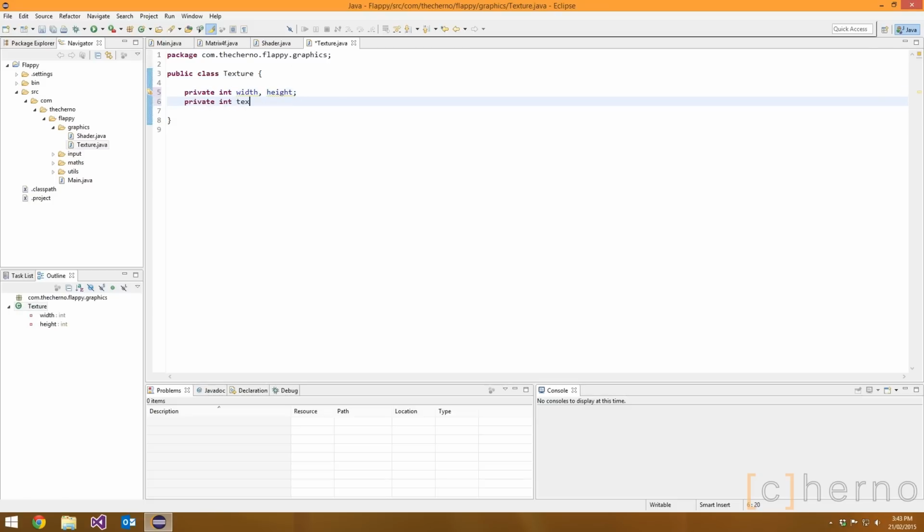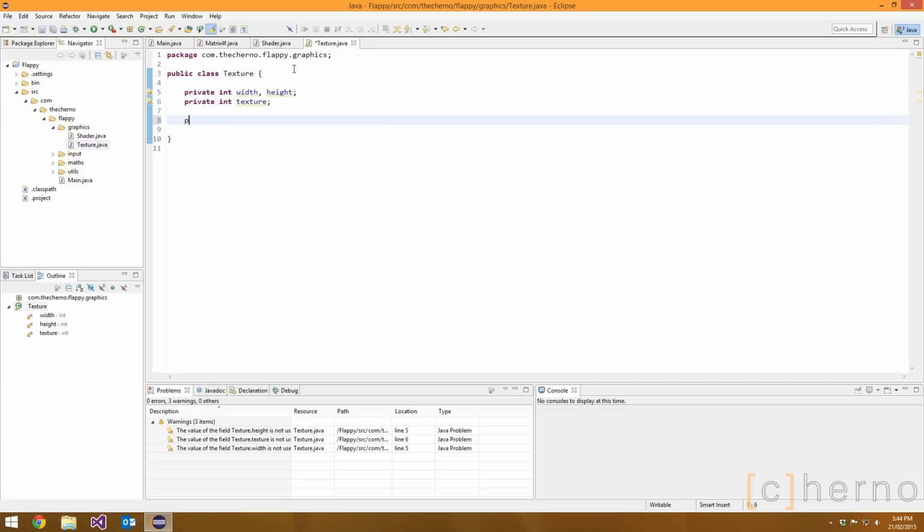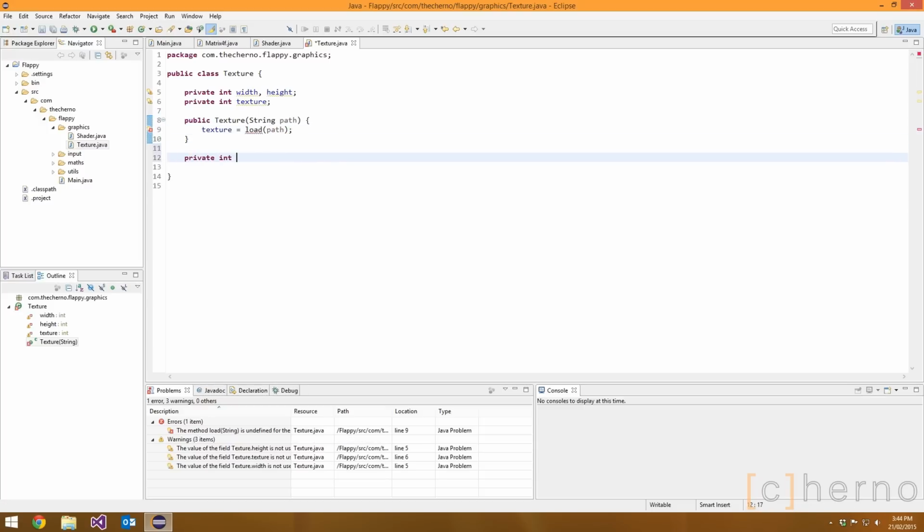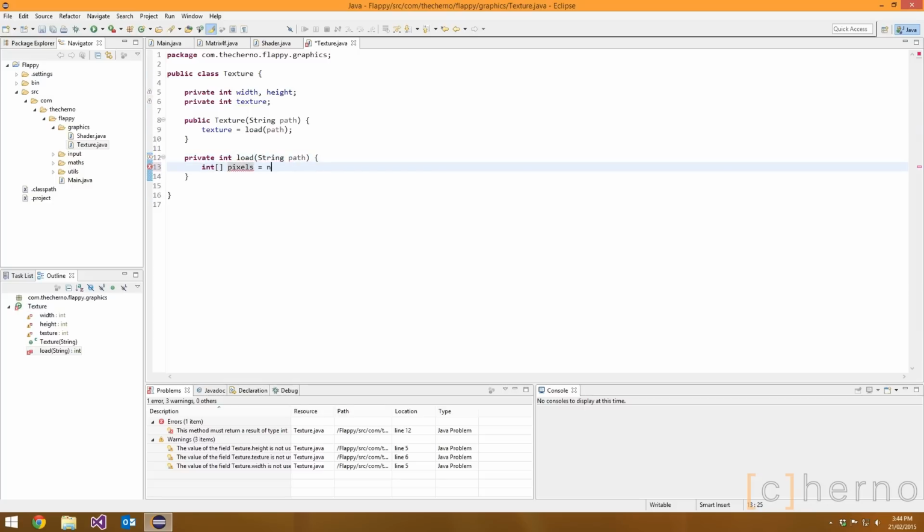Okay, so private int texture, which is going to be our texture ID. Public texture is going to simply take in a path, being the file path, and call a method called load, which is right here. Public int load string path. It's actually going to do a lot of things. It's going to create an array of pixels first of all, and then feed them to OpenGL essentially. But we'll be doing a lot of reordering of color channels in a minute as well, unfortunately, because we have to. So buffered image equals ImageIO.read